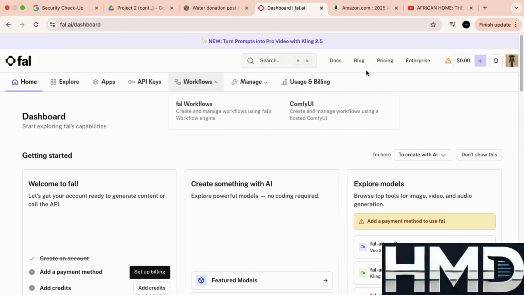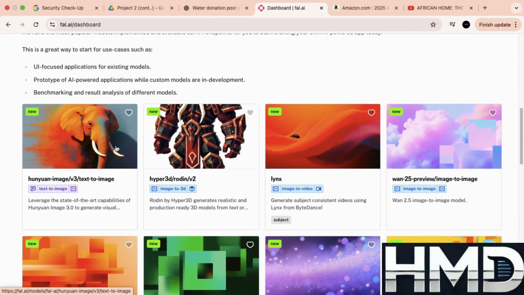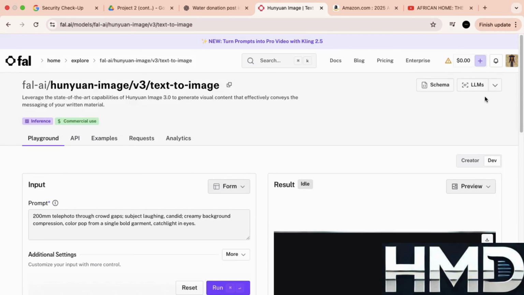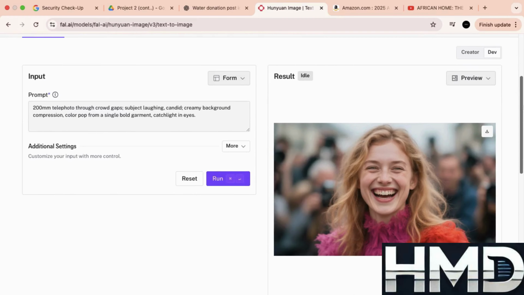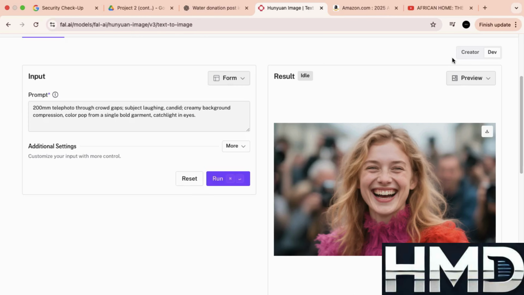Additionally, while Fal.ai promotes a vast model library, some users feel the selection is less comprehensive than expected, leaving gaps for niche use cases. Key takeaway: